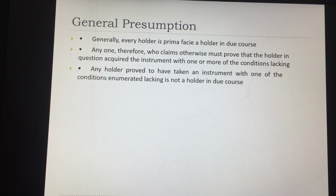General presumption. Generally, every holder is prima facie a holder in due course. Anyone who claims otherwise